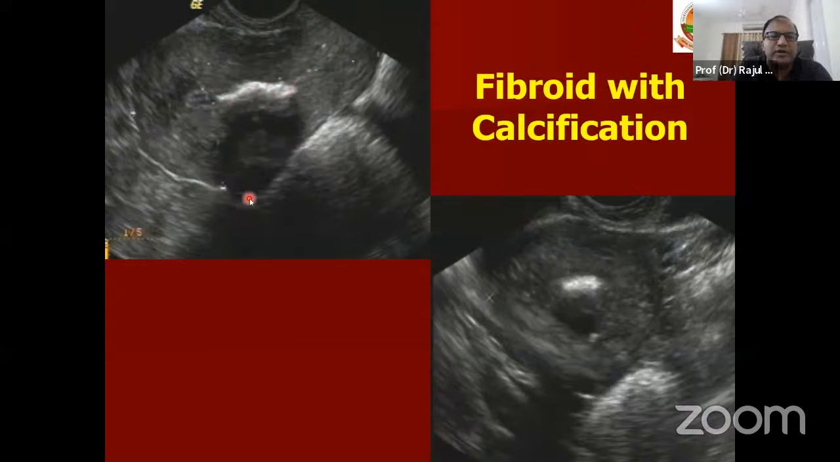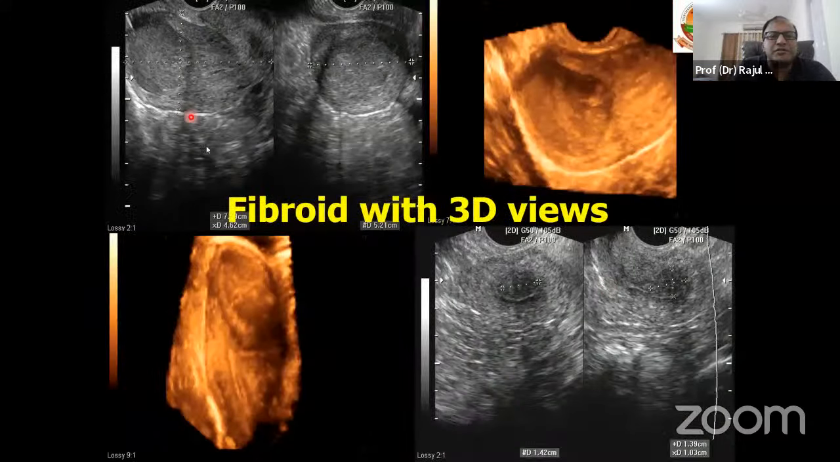So this was a large fibroid going from the submucosal to the subserosal location, and we can see that is why the patient was having significant pervaginal bleeding. Another case, there was a large subserosal fibroid. So at times 3D views are very useful in showing the location to the surgeon while they are